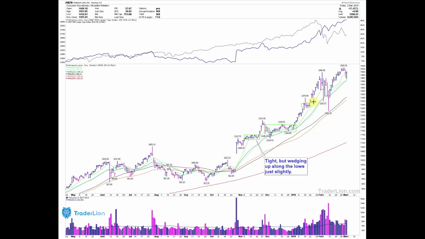So, one more area I wanted to point out as we move back to Amazon's daily chart here. This area here is how many closes? 1, 2, 3, 4, 5. That is 1 week of action. It's impossible to see a tight week in and of itself on a weekly chart, so this is another area here. If you were sitting in front of your screen every day and watching this tighten up at its 10-day moving average on light volume,